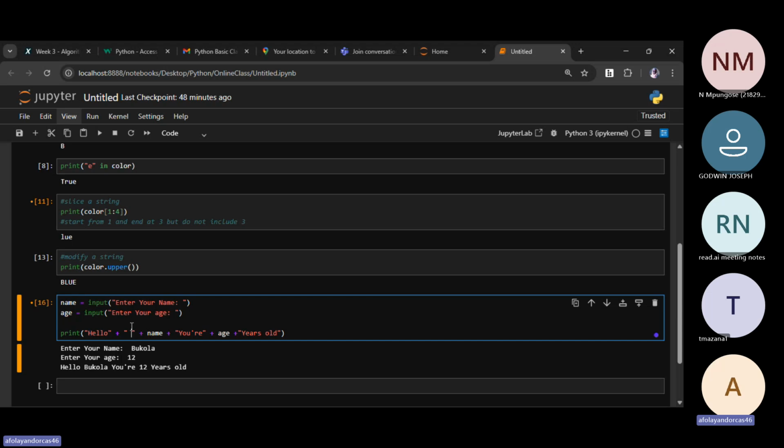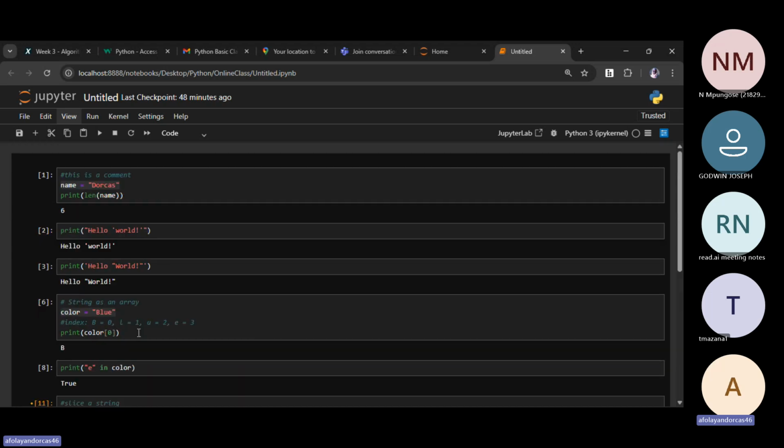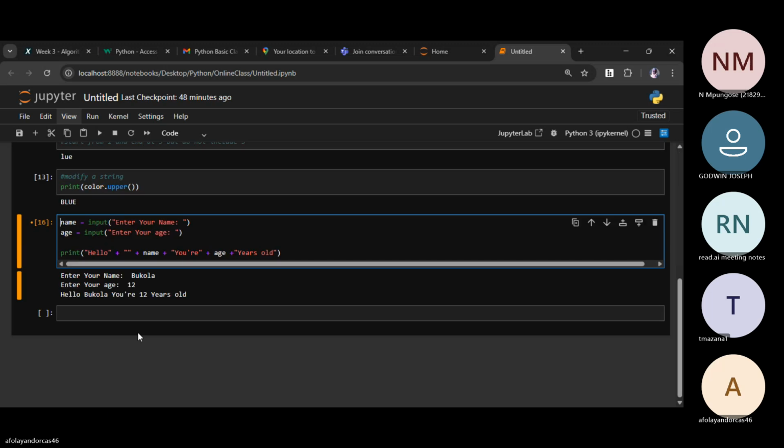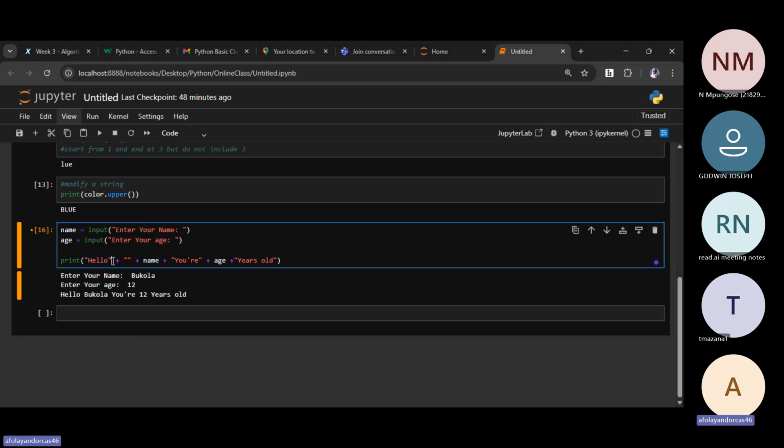So I think that's actually a waste of time. So let's just go back to what we left. You'd just be adding plus, plus, plus, plus. So that's actually everything about string modification.